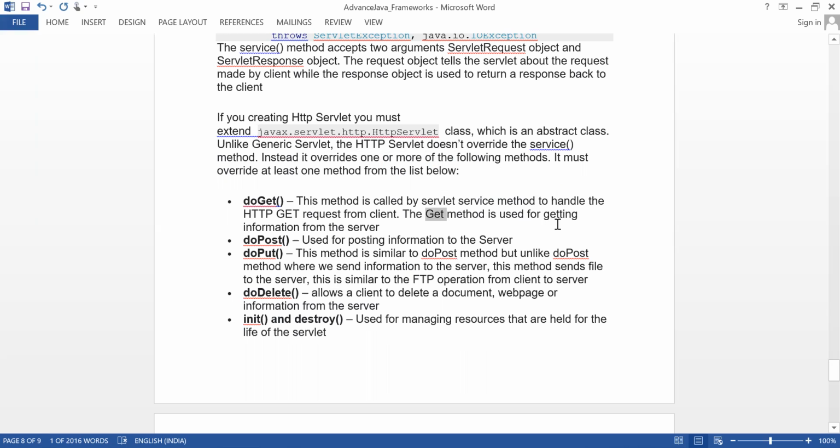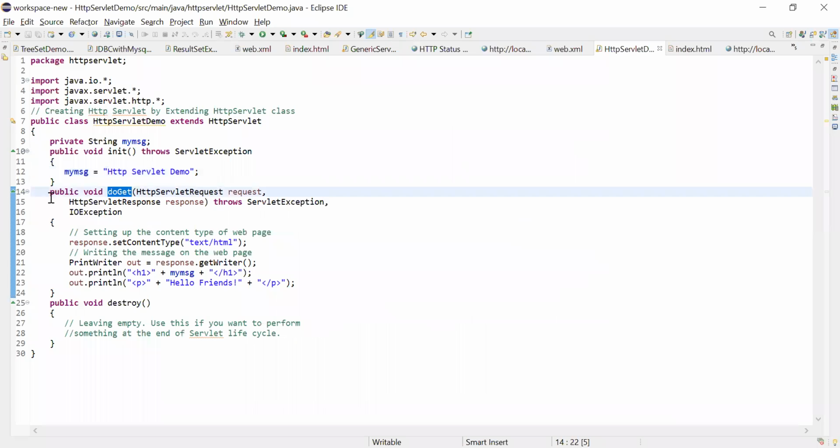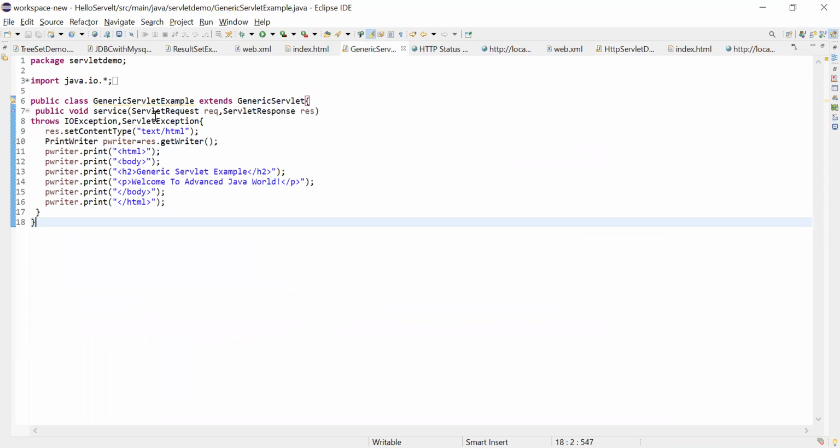This get request I have overridden in my HTTP servlet example in our Eclipse. So this is doGet, right? public void doGet. What is the request? HttpServletRequest and HttpServletResponse. See the difference between here and generic servlet: there it is ServletRequest and ServletResponse.